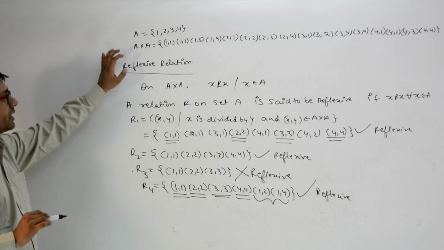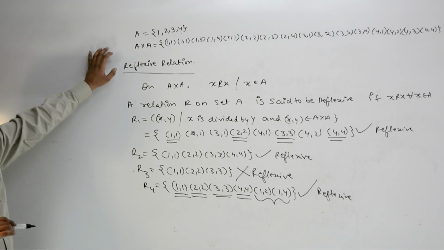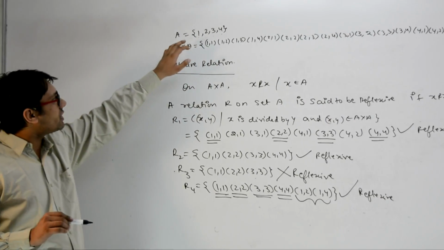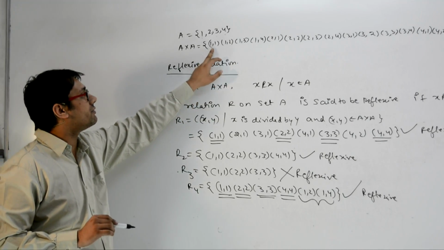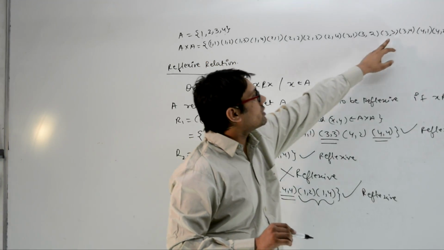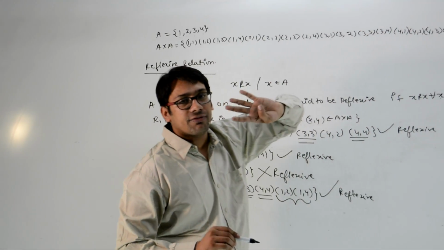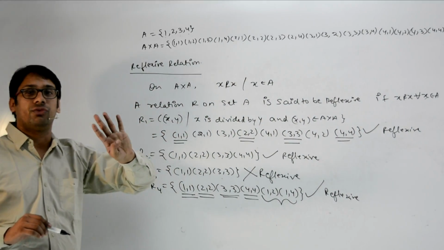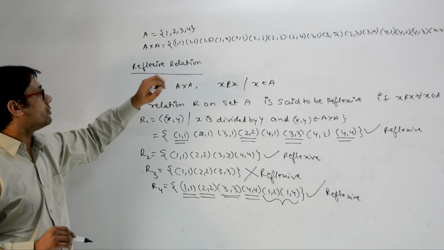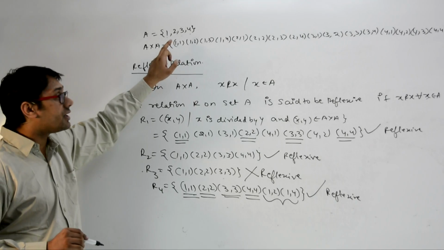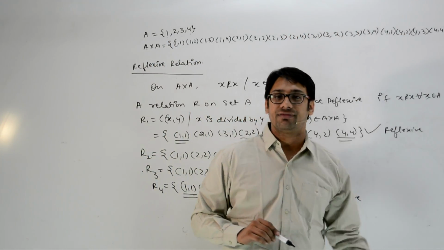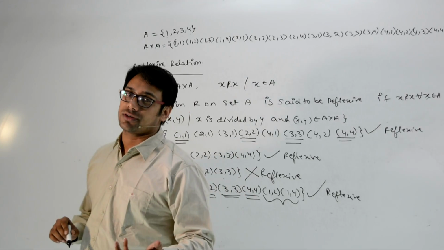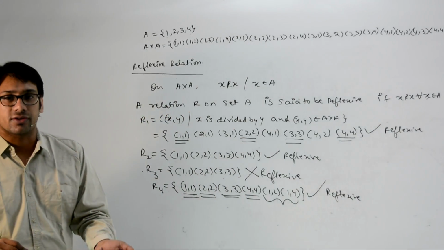Now, you can see by the above example, if we are having 1, 2, 3 and 4 as the elements, then the reflexive relation should always contain (1, 1), (2, 2), (3, 3) and (4, 4). If there are 5 elements, that is 1, 2, 3, 4 and 5, in that scenario, the reflexive relation should always contain (1, 1), (2, 2), (3, 3), (4, 4) and (5, 5). For the other elements, we have a choice, right?